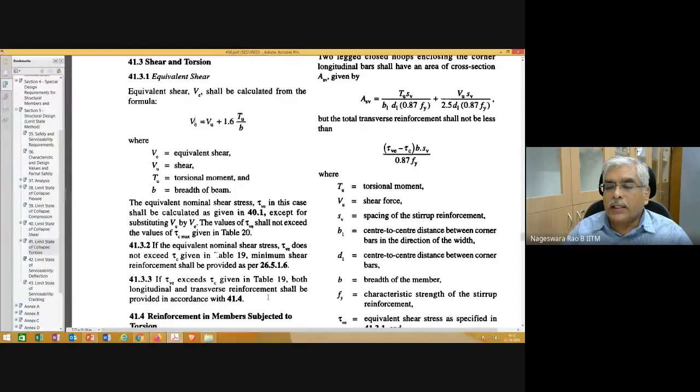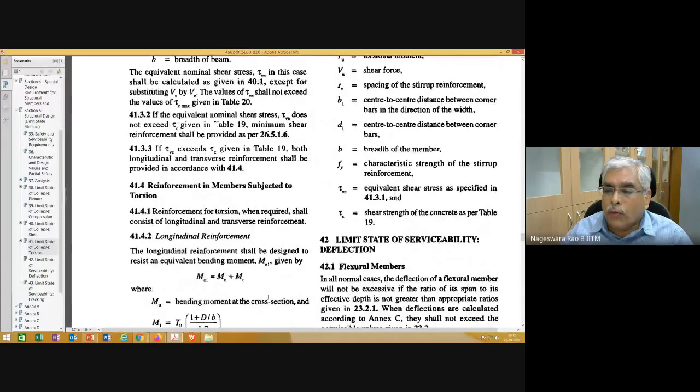So why does this additional longitudinal reinforcement have to be provided? That will be clear to you once we see in detail in what we are going to cover subsequently. Now, reinforcement in members subjected to torsion.